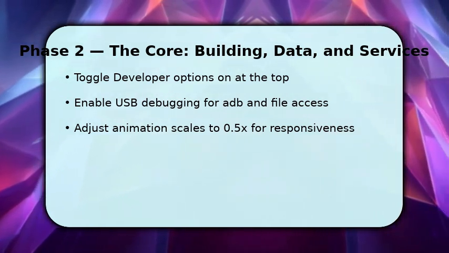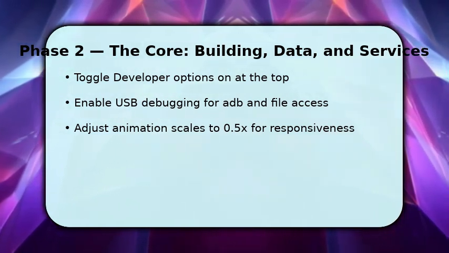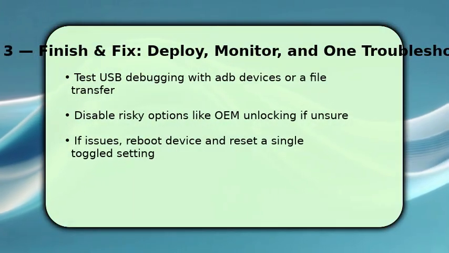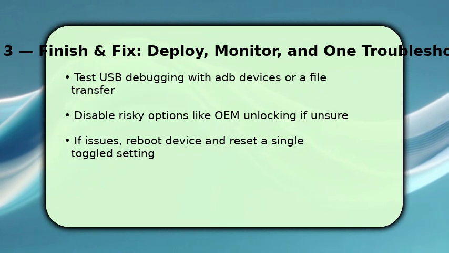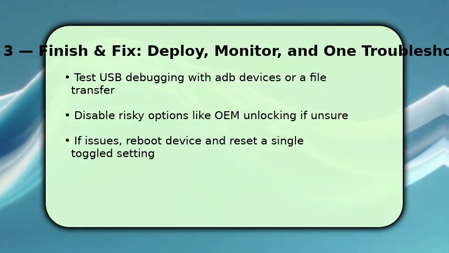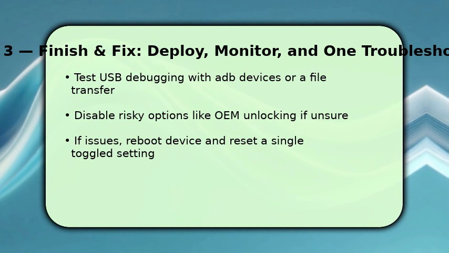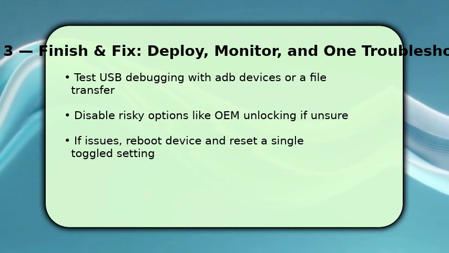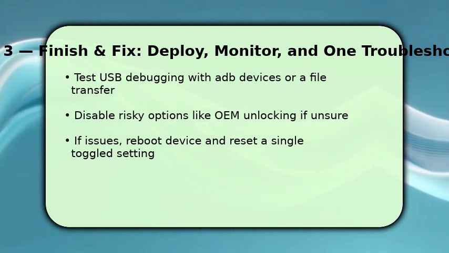You're almost done. Test USB debugging by connecting to a trusted computer and running adb devices, or try a file transfer to confirm access. If you enabled performance tweaks, check app behavior. Make sure nothing malfunctions. If you changed security-related options and feel uncertain, disable OEM unlocking and leave only what you